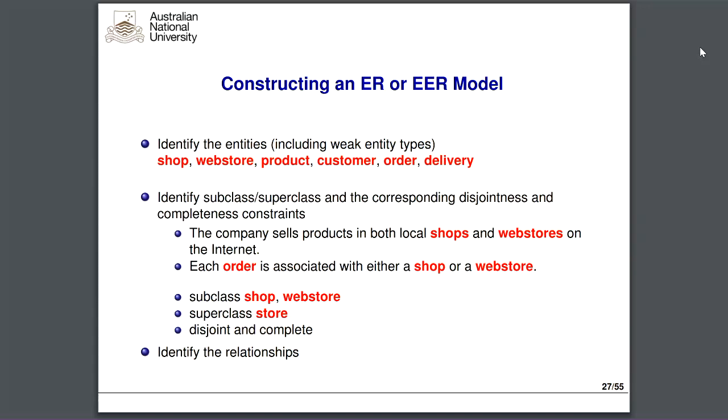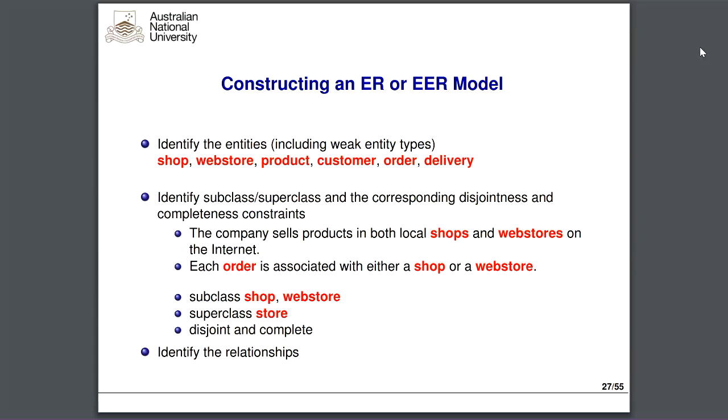So the company sells products in both local shops, as I just mentioned, and also on the internet, in web stores. Each order is associated with some shop or web store. So you consider these subclasses, the shop and the web store, as two different scenarios. And then the superclass, which is at a higher abstract level, is the store. Then consider what the disjoint or completeness is, looking at